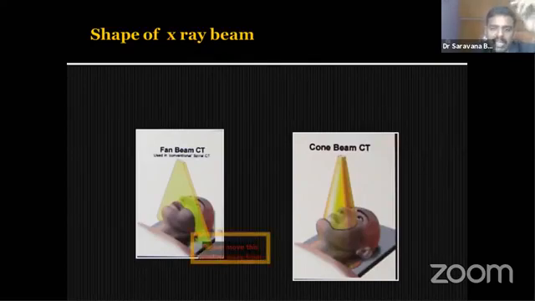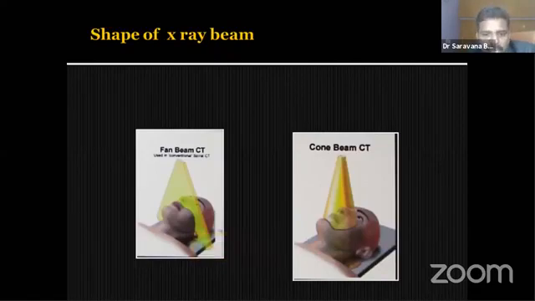Okay. In medical CT, slice by slice technology. Here, in one complete rotation, we are going to capture the whole data. After that, the data is going to be sent to the computer. It will be stored as DICOM data, or we can call it raw data. The raw data will be transferred to the software. The software will show you slices of DICOM images. Okay. So this is the basic difference between the medical CT as well as cone beam CT.